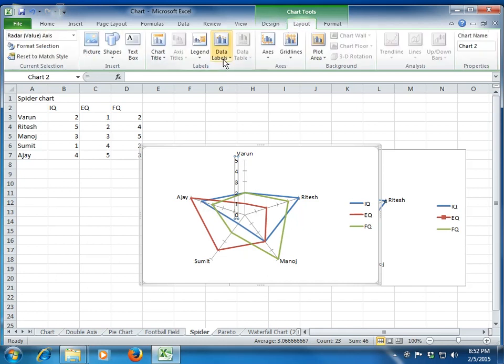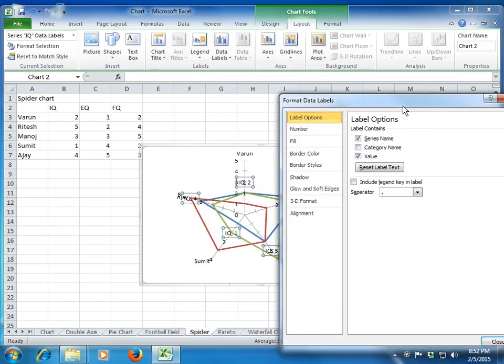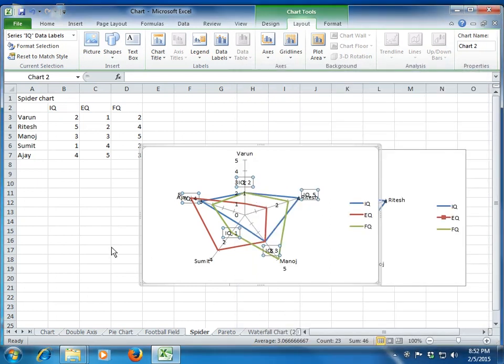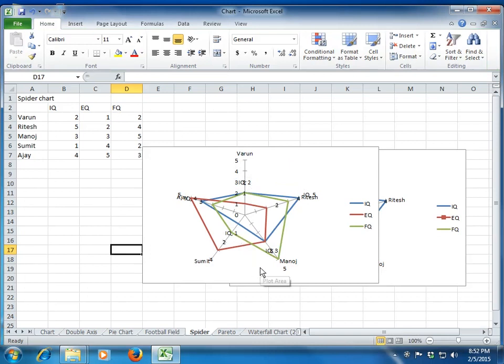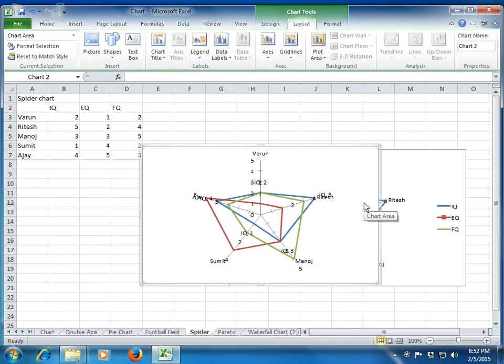it. You go to more data label option and you say give me category, sorry, in this case it will be series name, not the category name. Because that's the series which we have, and you click close. Right, so along with the value you also get the series name. Once you have created a series name, you can do away with the legend. Fine. So that's how simple it is to create a spider chart, or what they call a radar